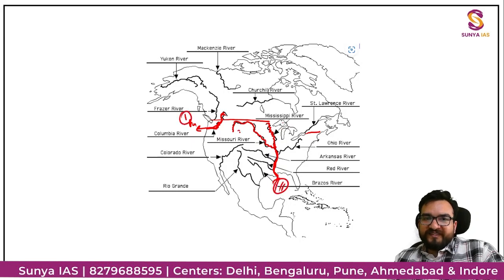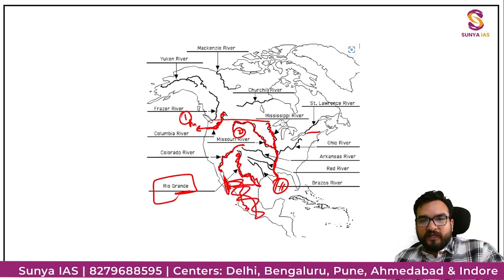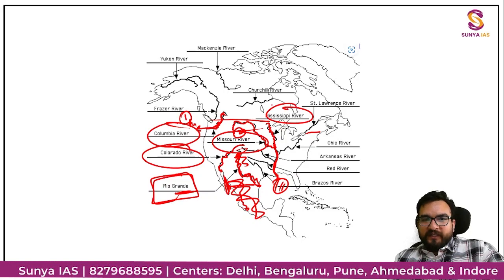First river Columbia, second Missouri, Mississippi, third Colorado River is coming out of here and going to this particular Gulf of California, Baja Peninsula आप देख रहे हो. And this Rio Grande River is forming the natural boundary between Mexico and USA, क्योंकि यहाँ से मेक्सिको शुरू हो जाएगा, ये ऊपर आपका यूएसए है. सो दिस रियो ग्रांडे रिवर, कोलोराडो रिवर, कोलंबिया रिवर, मिसूरी, मिसिसिपी रिवर. ये आपको 4-5 रिवर याद होनी चाहिए, गाइस, राइट?